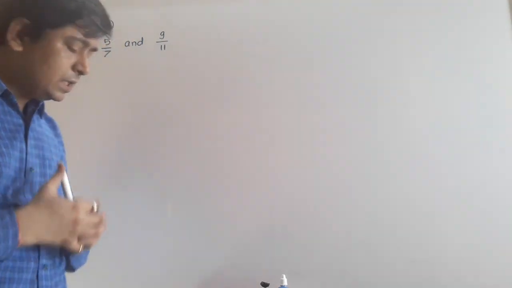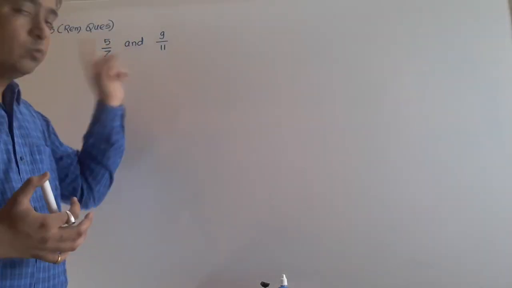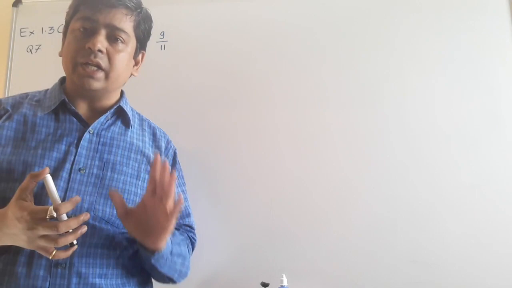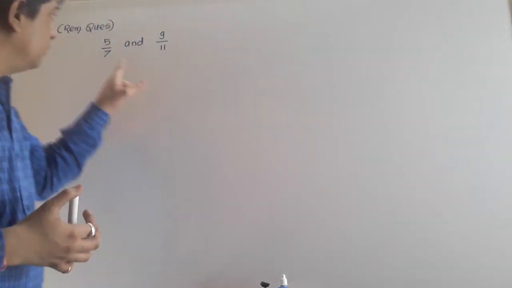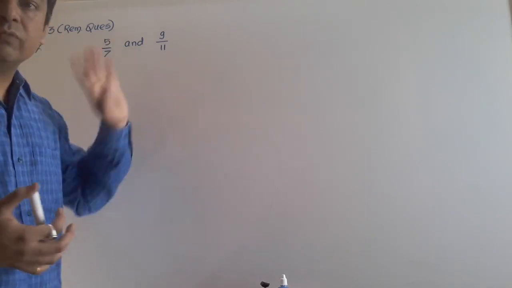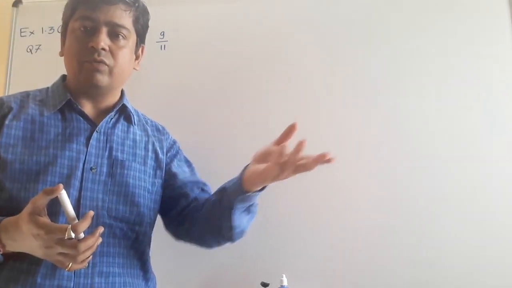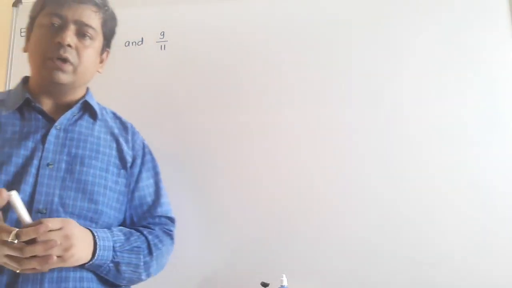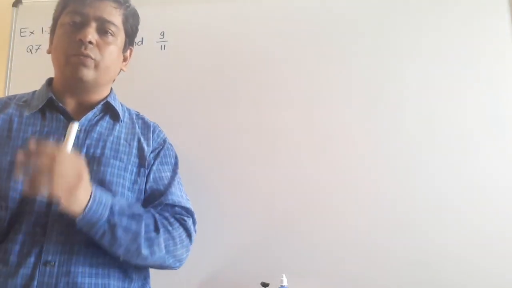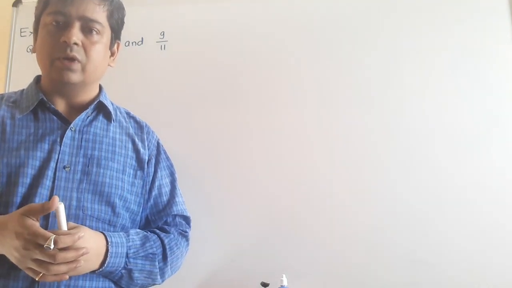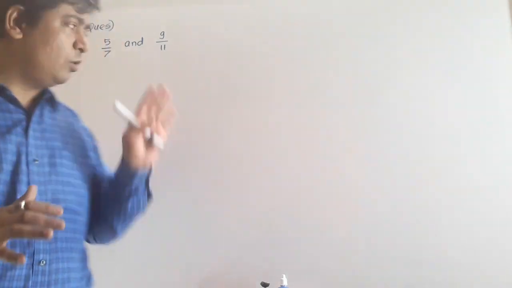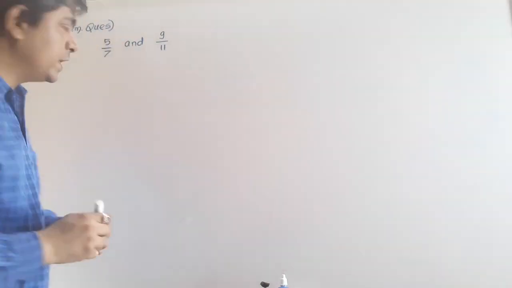Okay. So now between these two, we need to write down some irrational numbers, means non-terminating, non-repeating numbers. First of all, we shall find out the decimal value of both of them. Then only easily we can judge. For example, I say write down a number between 0.4 and 0.7. So you can say 0.5, 0.6 can be the number. Okay. So we require a decimal value of both the numbers. So how can we write it down?